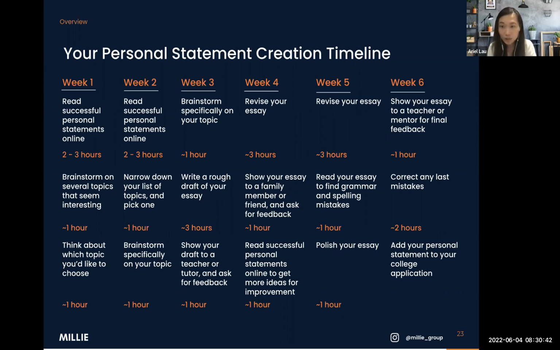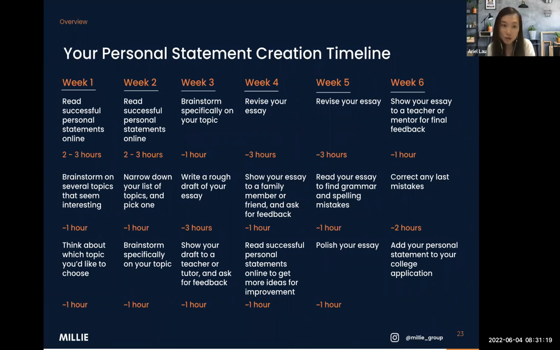What's the style like? Because UCAS and US essays, as you can tell, are already very different. So I would probably look up successful personal statements from each country online and just try to get a sense of how you should be organizing the content for each essay as well. And then for your Common App, you can start brainstorming several topics that seem interesting to you, that you would want to write about, and you probably don't need to start writing yet. Just pick and choose several topics and start brainstorming ideas and see what would fit under which prompt.